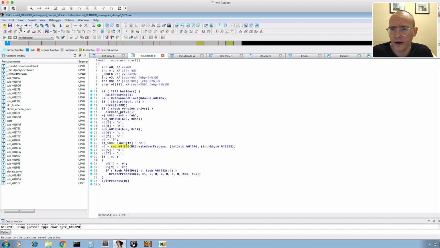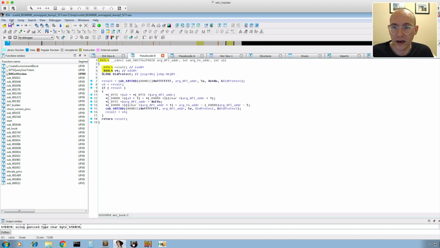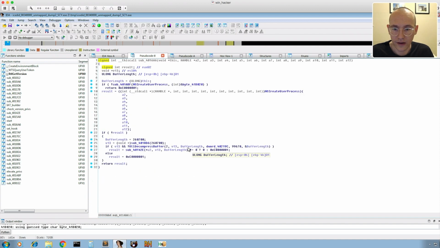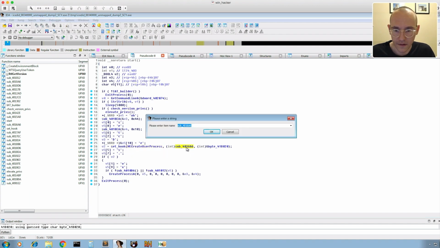And what was that API again? That was NtCreateUserProcess. From reading these blogs about Bokbot, I know that they set a hook on NtCreateUserProcess. So this looks like where they're setting the hook. So let's name this set hook. And that would mean that this function here is the hook code. So let's just grab this here, and we're going to name this hook